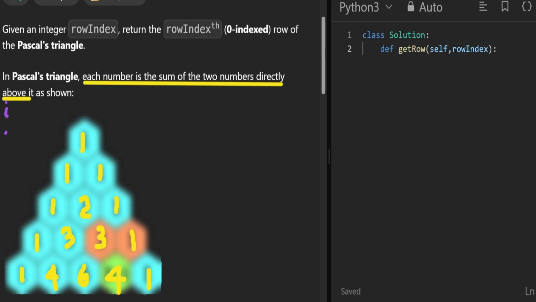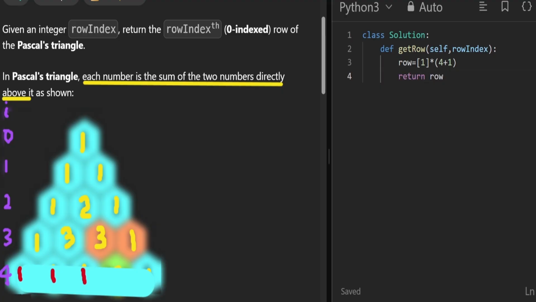We want our function to return row 4 only. First, we're going to initialize row 4 with all 5 ones. After rounds of going through each column, we modify row 4 in place and return it. For each row,